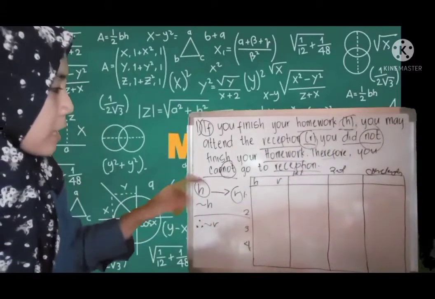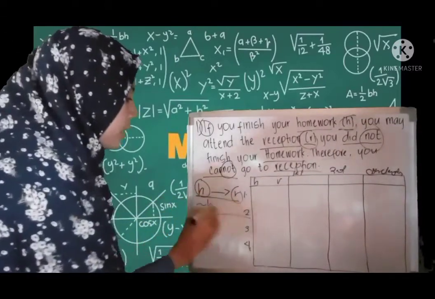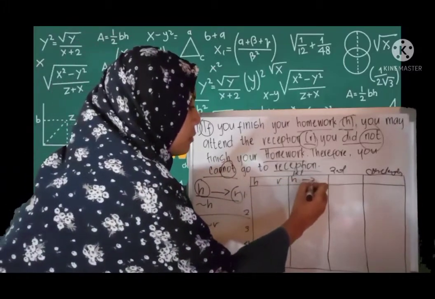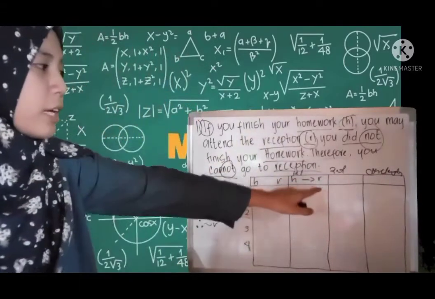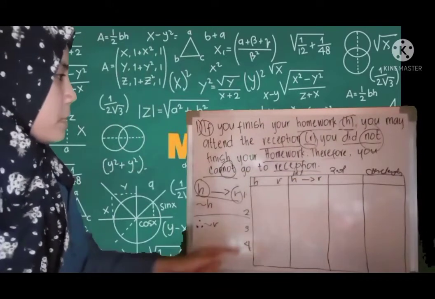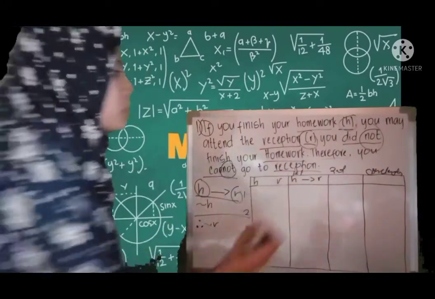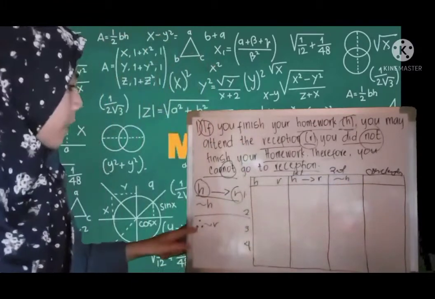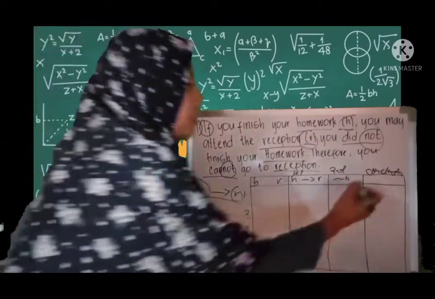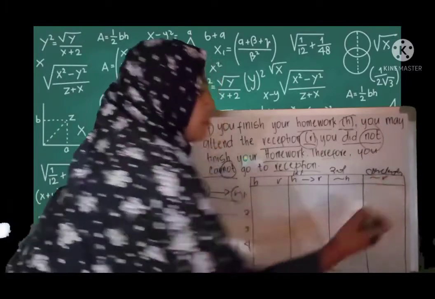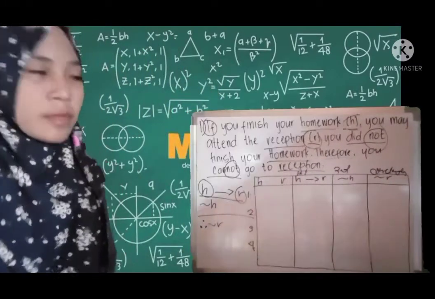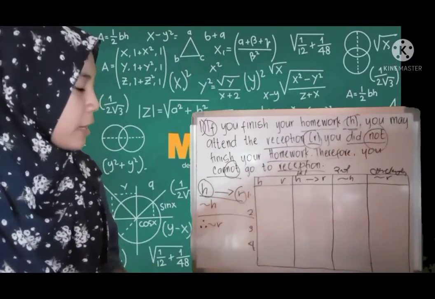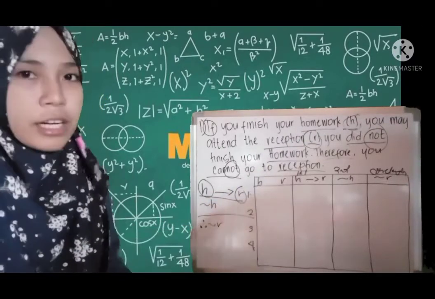So, ang pagsulat natin dito is copy the H if R. H if R. And the second premise is negation H. And the conclusion, negation R. So, ang ilalagay lang dito sa first statement natin, which is H and R is